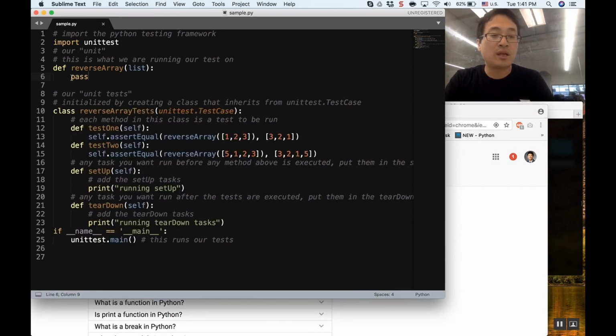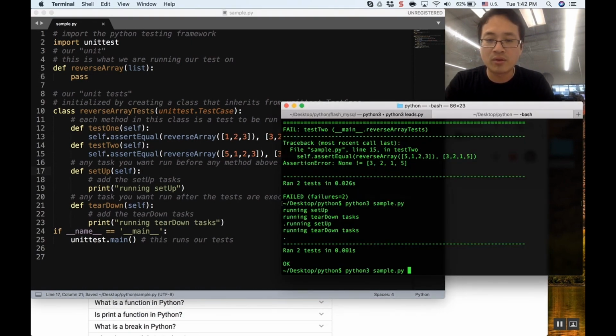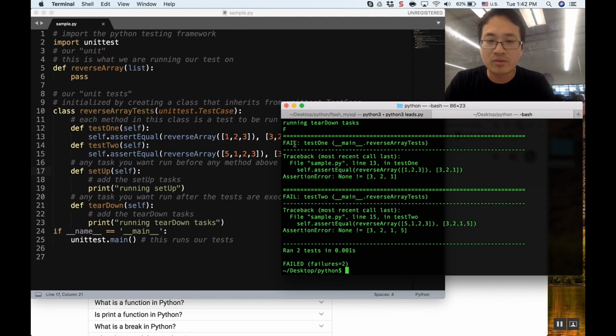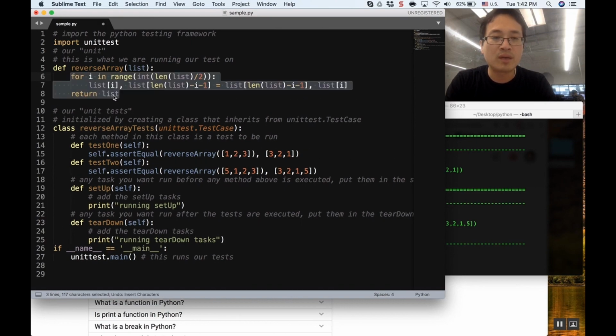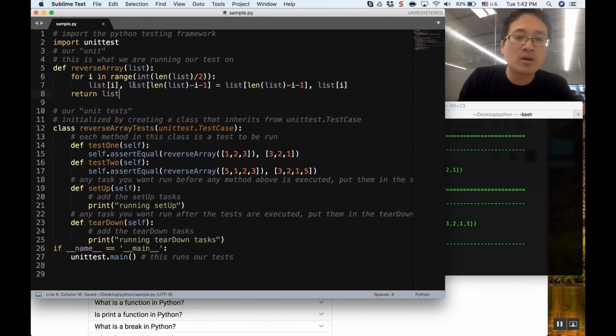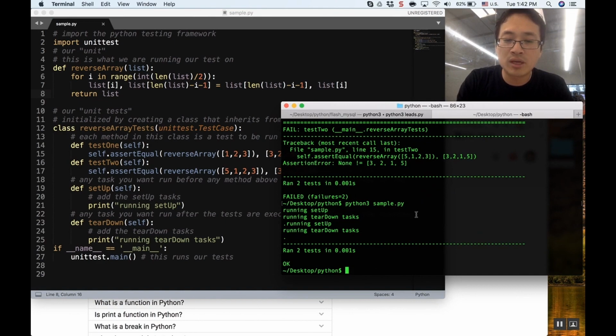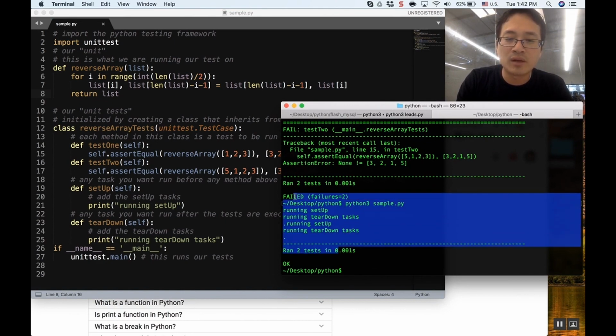So this comes in handy when I do TDD, because I can just write a function name, pass, write my test cases, and then run the code, and you will see that it fails, right? Because I didn't write the functionality. So this is important: you create just an empty function or empty feature, write the test cases, make sure that the test failed, and then once that is done, you add the features here and you let the function pass. So here I implemented the functionality. Once you write out the features, then you can run the test codes again, and you will see that now it ran the test